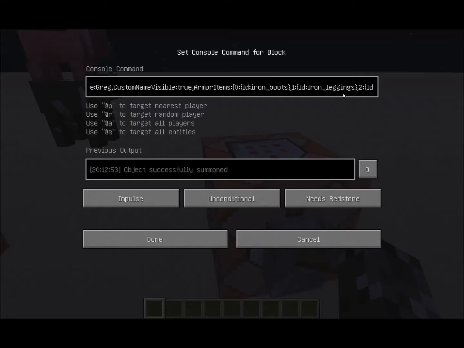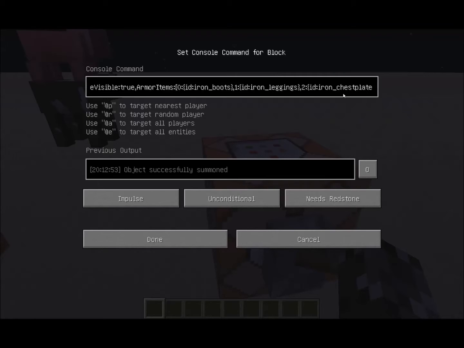So you would do 0, colon, curly bracket, ID, colon, the ID of the armor you want. So in this case, I put iron boots, and then curly bracket, comma, 1, colon, curly bracket, the ID, and